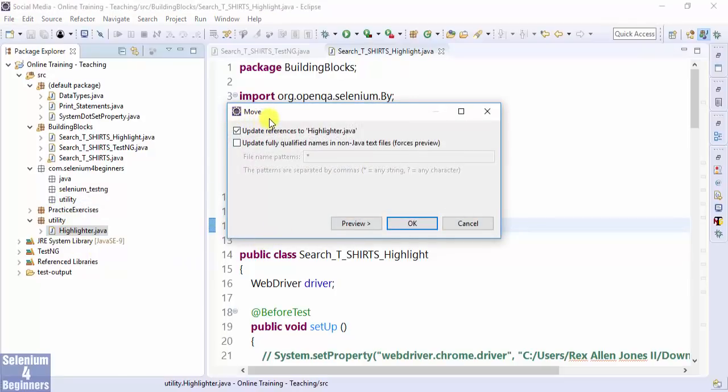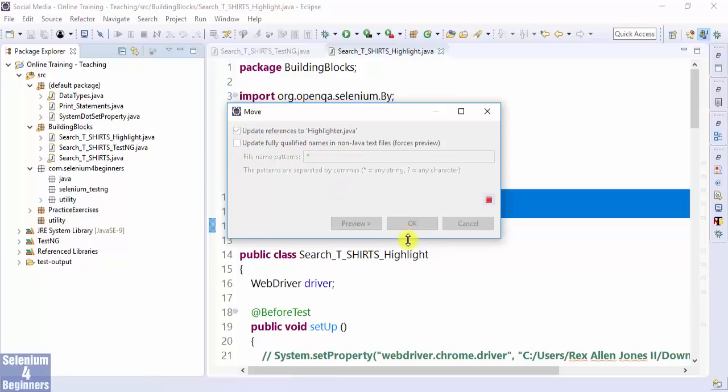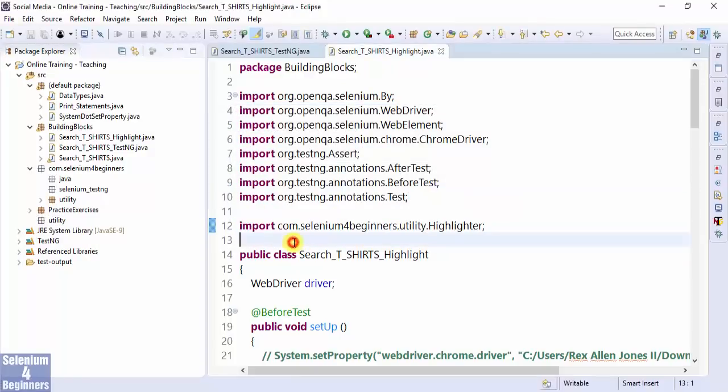The Move dialog has a checkbox that states Update references to highlighter.java. Click OK. And the import statement has been updated to show com.selenium-for-beginners.utility.highlighter. We see the package, subpackage, and highlighter class. Speaking of classes,